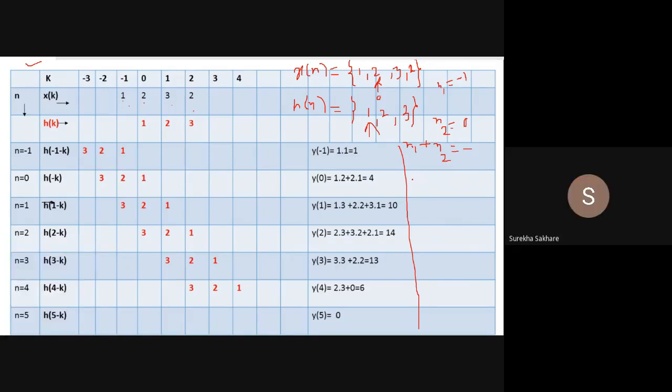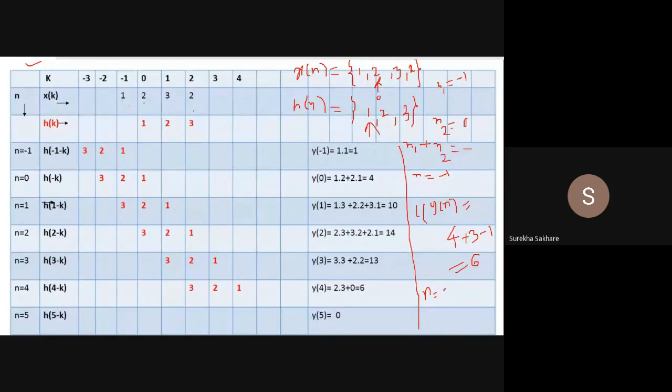6, ma'am. Yeah, very good. So start is how much? n is equal to -1. I did not calculate the length. So length means what? What will be the length of y[n]? I will just now forget about what is the starting point. What is the length now? Simply calculate the length here. What is this? 4. This is 4. Then this is 3. Then you have to -1. What is that? It is going to be 6. So I will have to go from -1 to 5 so that it becomes total length as 6.